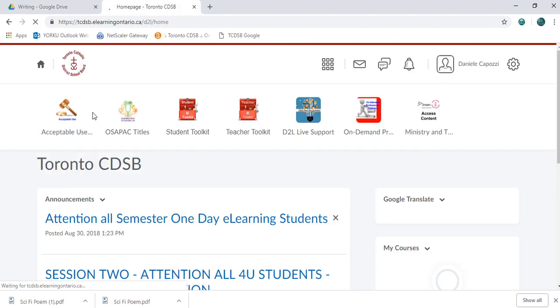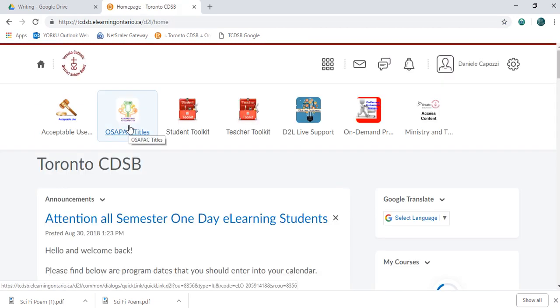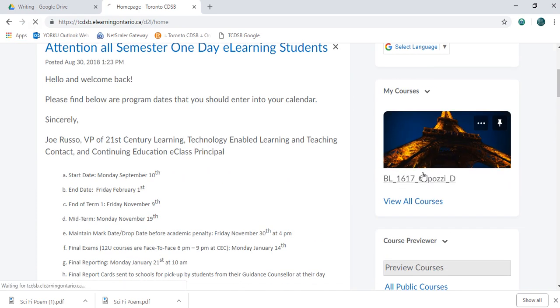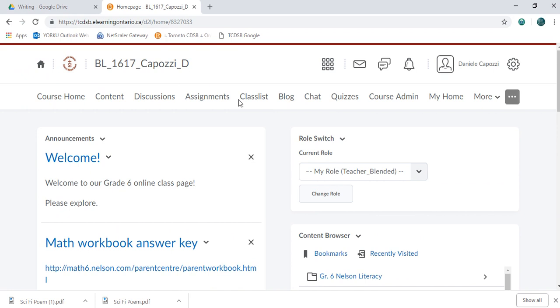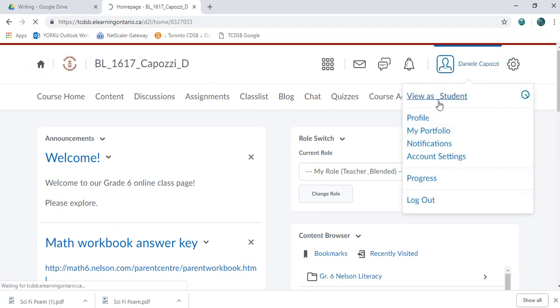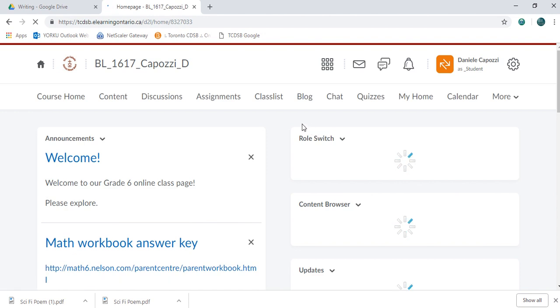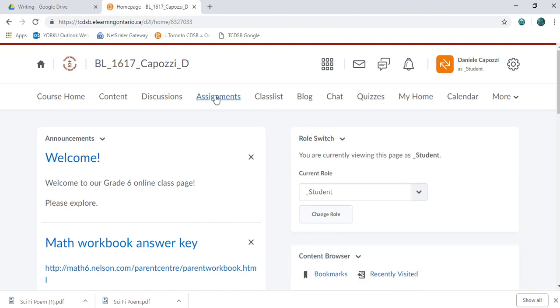When they click on login, please see one of my other videos to see exactly what this means, but the students can click on our class, and right in this area here is where they submit all of the assignments. I'm just going to change my login so I can see exactly what the students are going to see. And right here, we can see the assignment login,